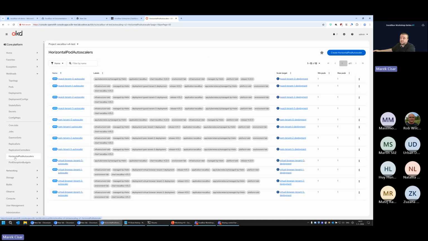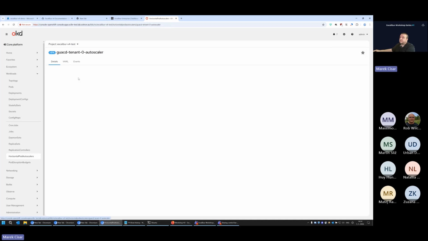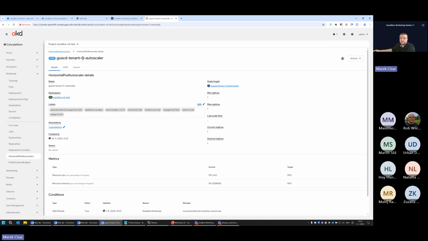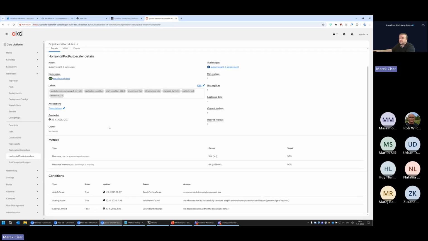Also, I will check the list of the horizontal pod autoscalers. So right, you can see that each tenant has its own dedicated horizontal pod autoscaler configuration. The advantage of doing it like this is that, for example, tenant 0, which is basically the system tenant itself, works as the configuration template.